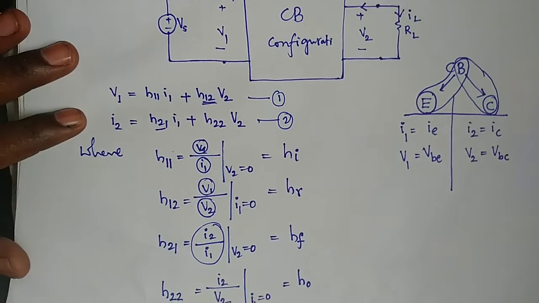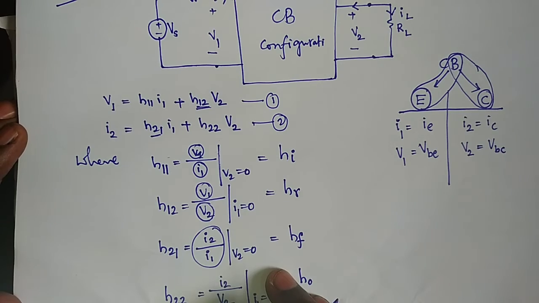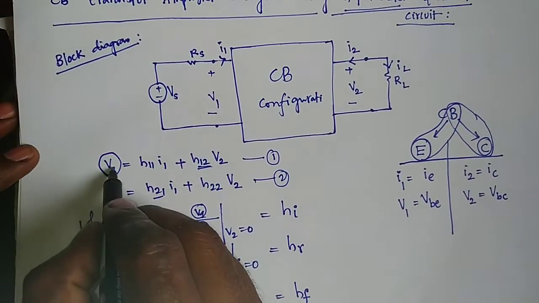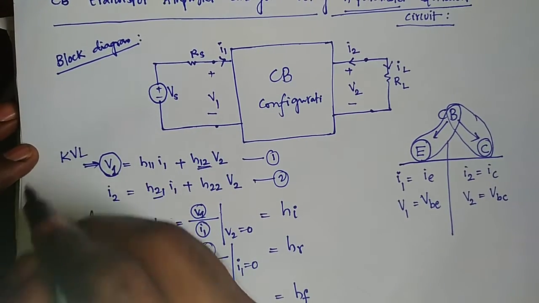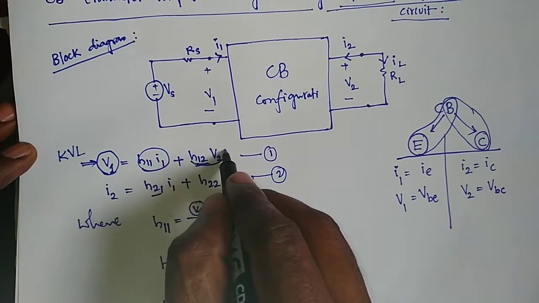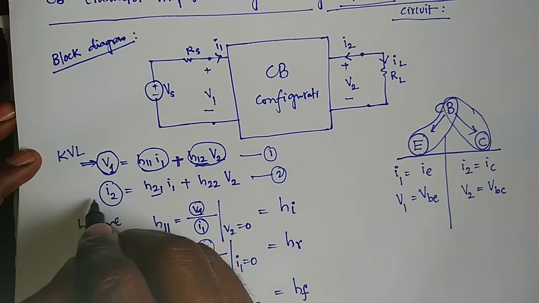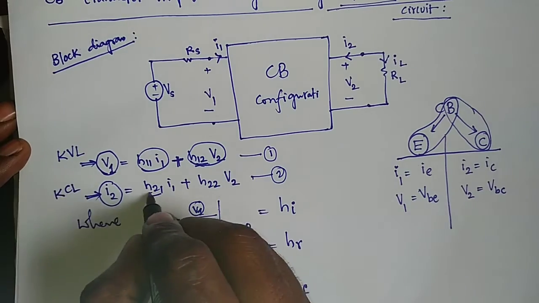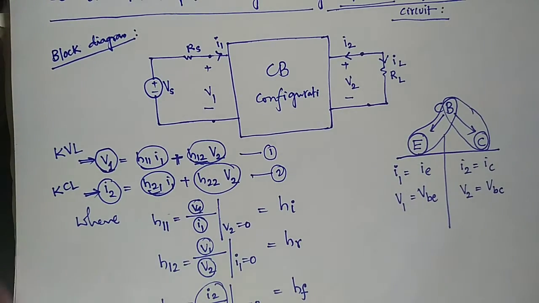Now, before designing the hybrid equivalent circuit, when the left side value is voltage, that belongs to port 1, you can apply KVL at the input port. KVL means both are in series: the algebraic sum of all individual voltages in a closed loop is equal to 0. At the side where the source is current, you can apply KCL, so these two are in parallel. Based on this method you can design the small signal hybrid model.